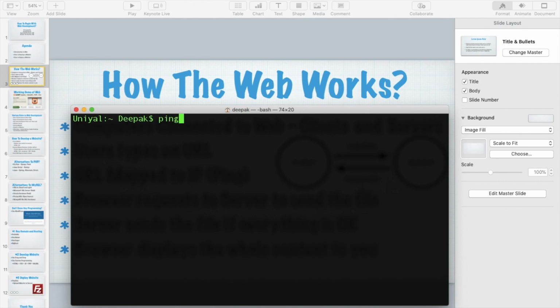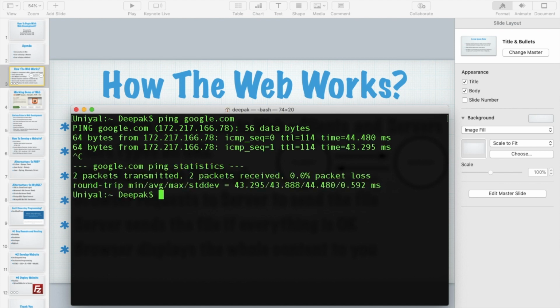You just have to type ping here and then google.com, and this sends a request to google.com and it will receive some response from there, and it will show you the IP address of google.com, right? Although there are multiple IP addresses for these kinds of websites or servers, you will generally get one here. Now stop it.